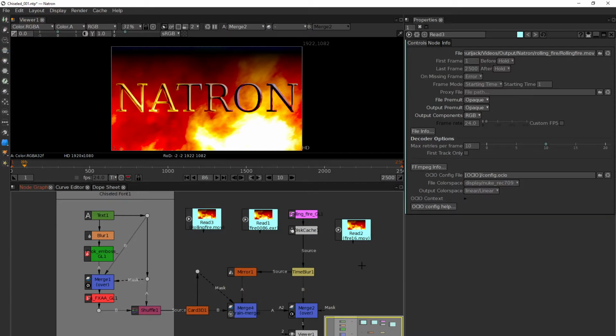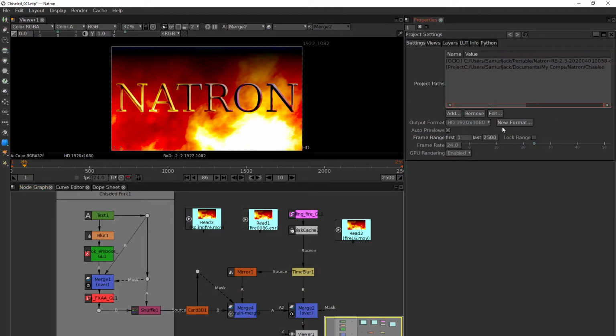That's something that always bothers me a little bit. So we'll hit S and we'll pull up our project settings and we'll go back to 250 frames, and then we need to shrink each one of these back down to 250 frames. Because if we take our time blur and just put it over one of these,